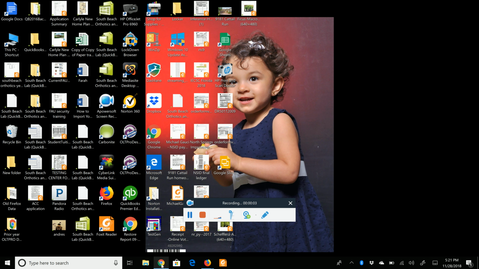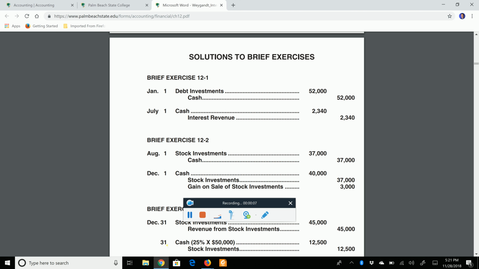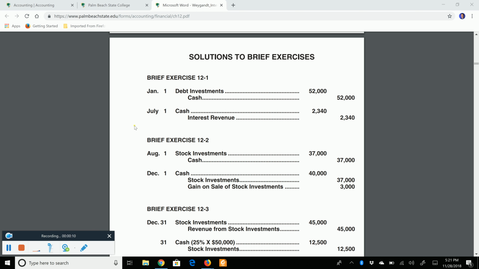Hello everyone. In this particular recording, we're going to go through the homework for Chapter 12, which is the investments chapter. So we've studied all sorts of assets in this class. The last asset that we're going to study is this asset of investment. And the reason that we're keeping this for the last study for assets is the fact that I wanted to